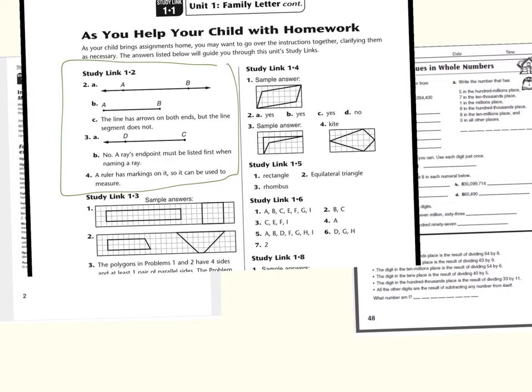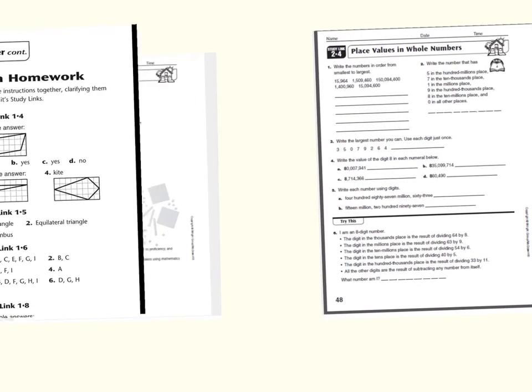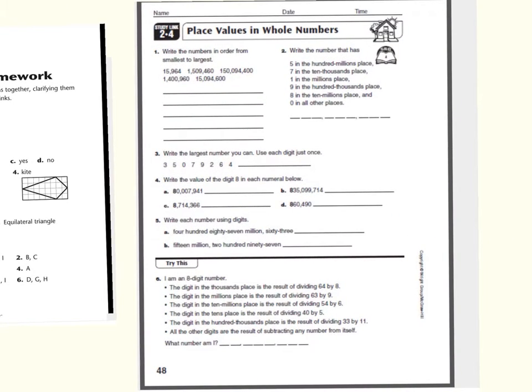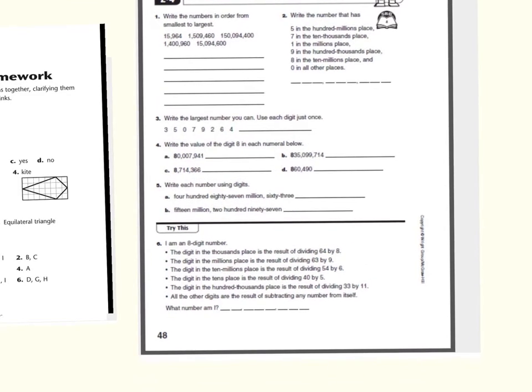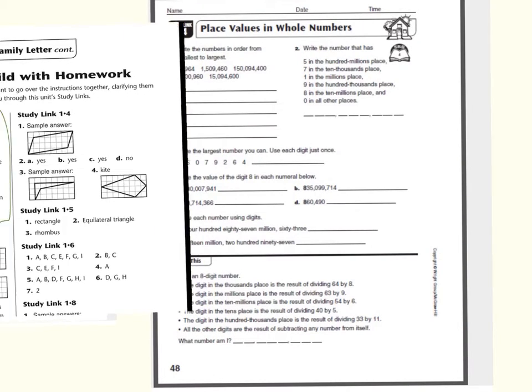1.3 is beneath that, and it goes on. Now here's an example of a study link. This is 2.4. Your child will be expected to complete this by themselves and to try this. Once they have completed their homework, or if they are stuck on their homework, you can use the family letter